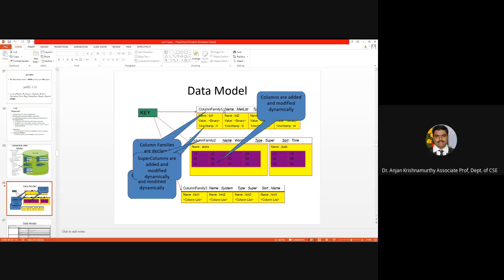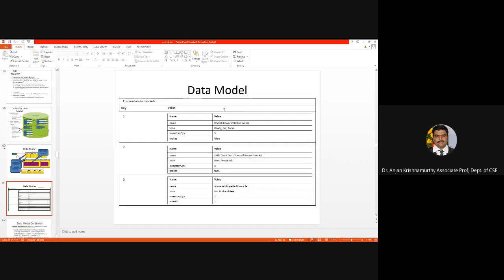which is called CQL, is very similar to SQL statements. And the data model format is something like this, which has a key value pair. The value starts with different column families that can be housed with that particular key.